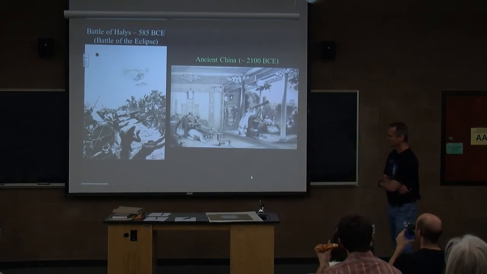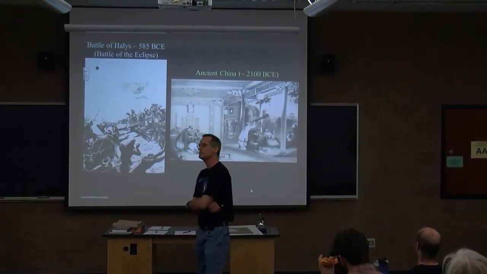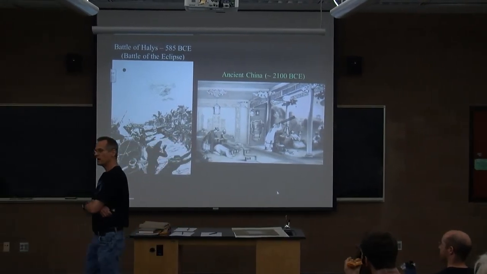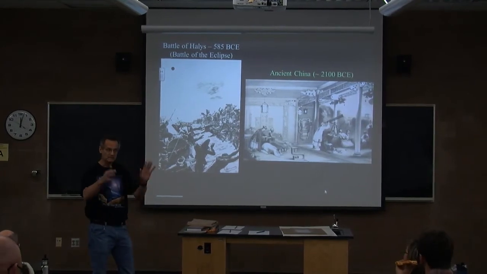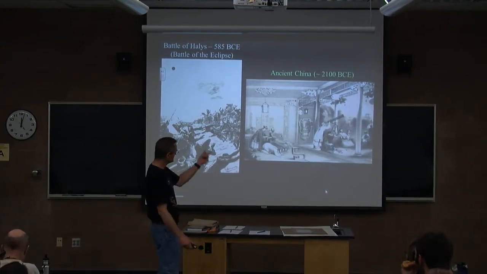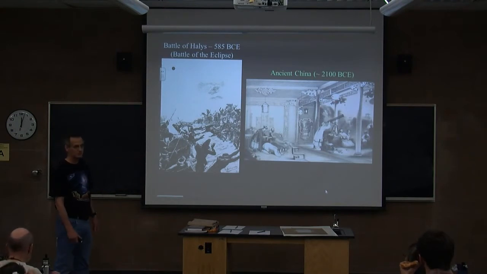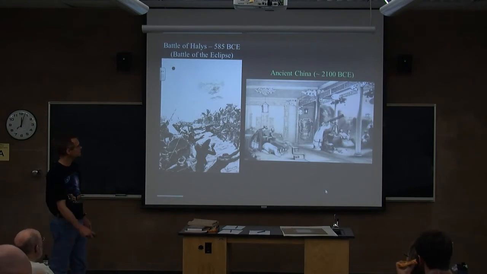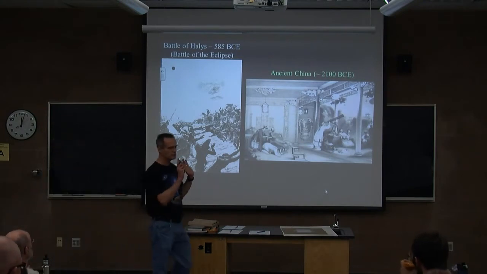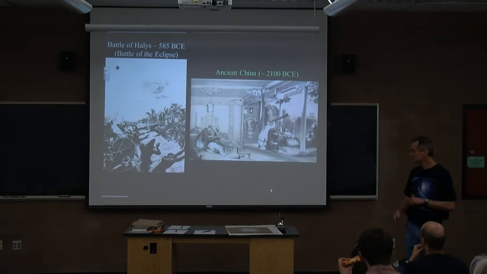In ancient China, eclipses were accompanied by the banging of drums and gongs, by chanting. They believed that the solar eclipse was caused by a dragon swallowing the sun. And so they were trying to scare away the dragon and get it to let the sun come back. And in this picture, there are astronomers, the more educated folks, looking at the eclipse casually, and then in the background, the servants, who were, I guess, not as educated, cowering before the gods because they were terrified at this event happening. But there's tons of stories. You can go and look them up and read more of them. They're pretty interesting. What I want to get to is the science of eclipses.